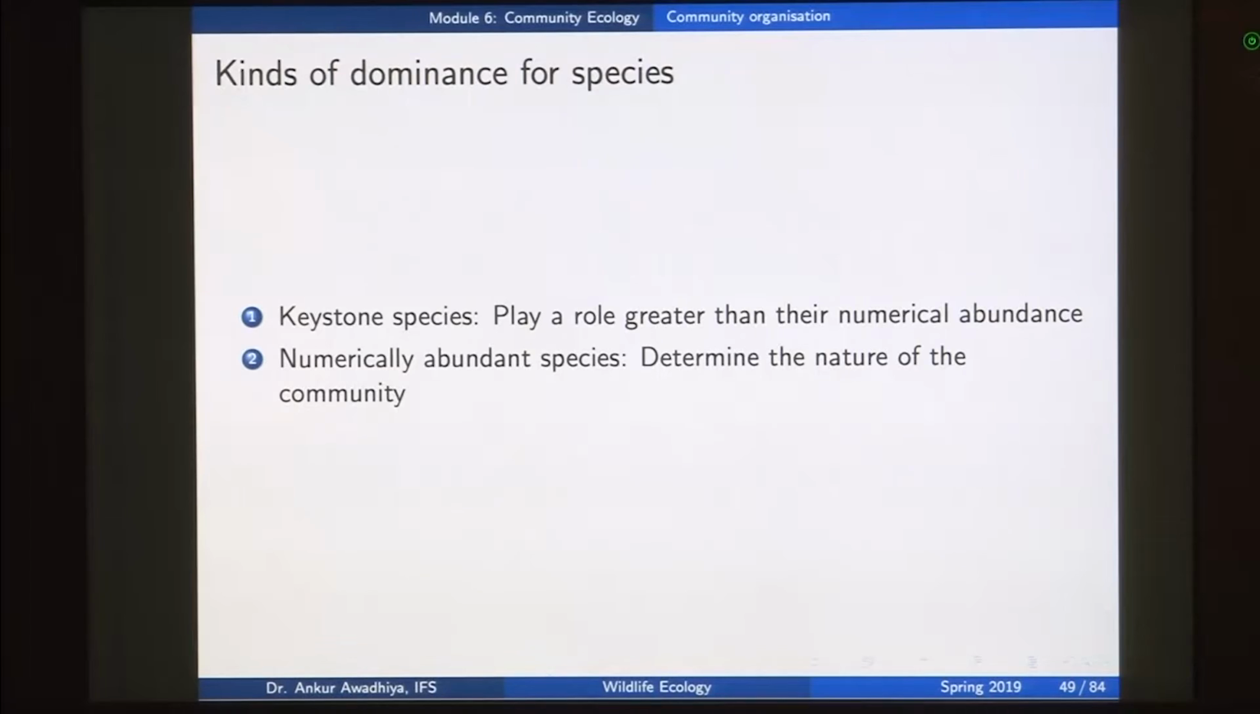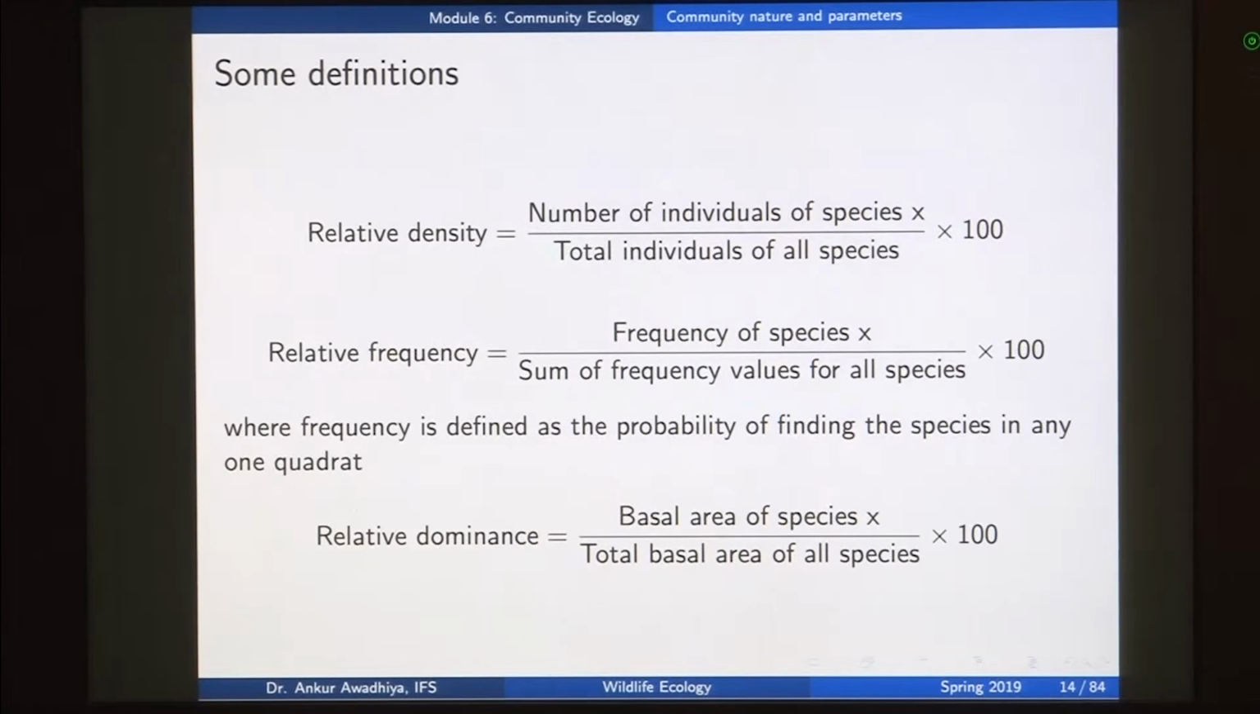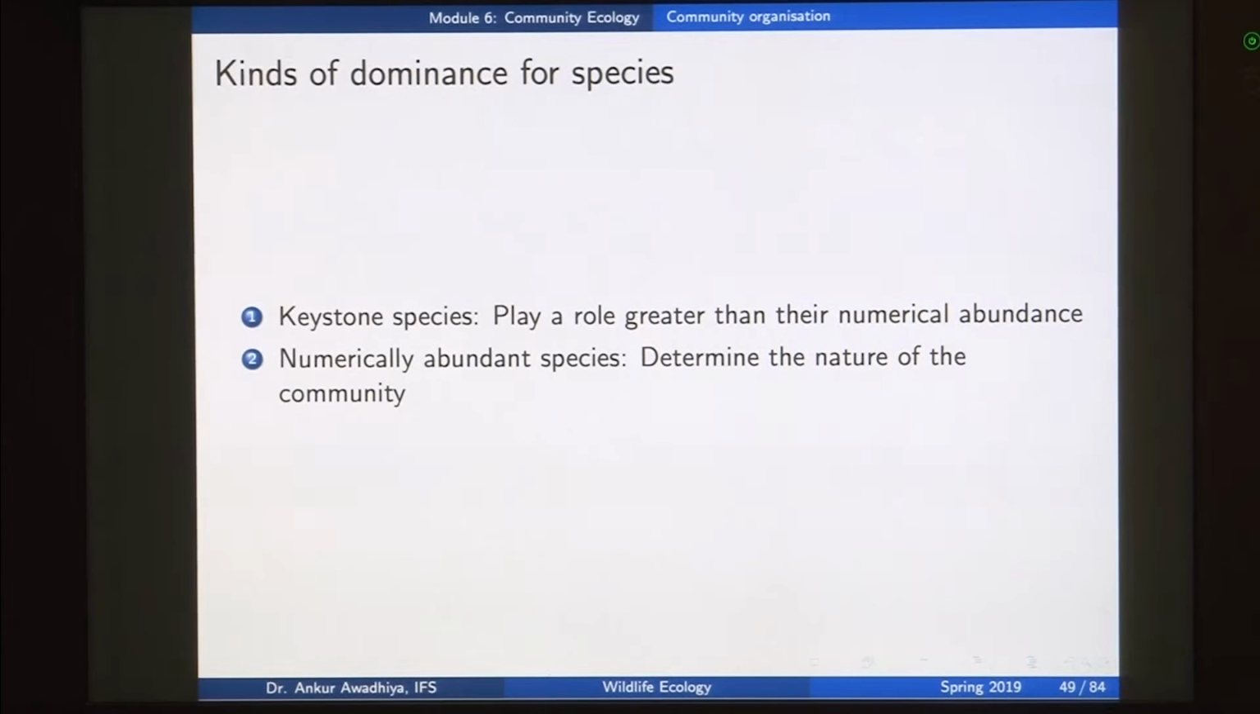Secondly, we can define dominance in terms of the numerical abundance of the species. So, if there is a species that is numerically very abundant or a species that is having a high relative density, then we can say that that particular species is also dominant in that community because of its numerical abundance. It is able to regulate the characteristics of the community, and a good example is the sal trees in a sal forest. Because we have so many sal trees, the environmental conditions or the habitat conditions for